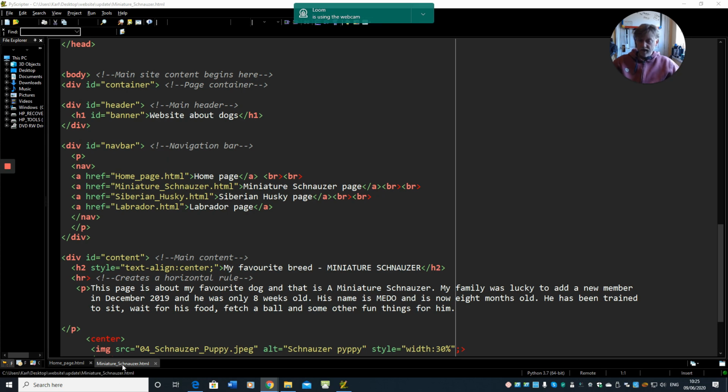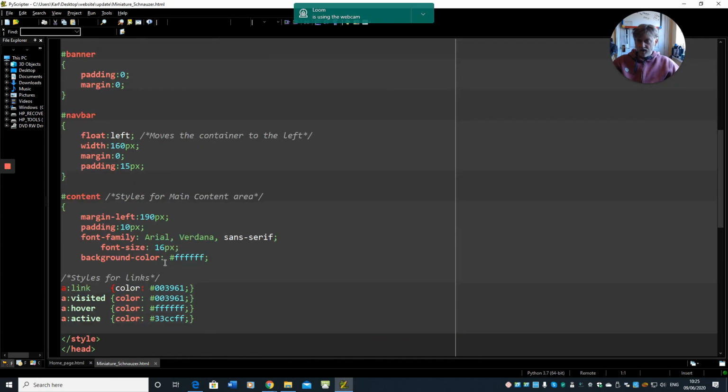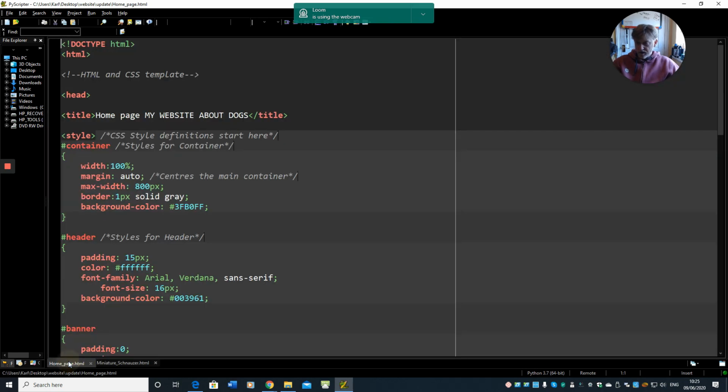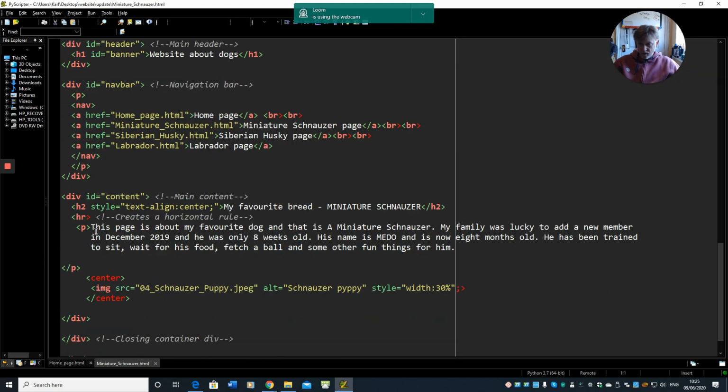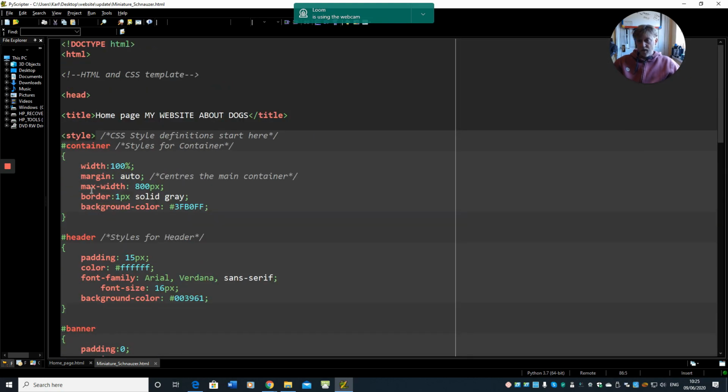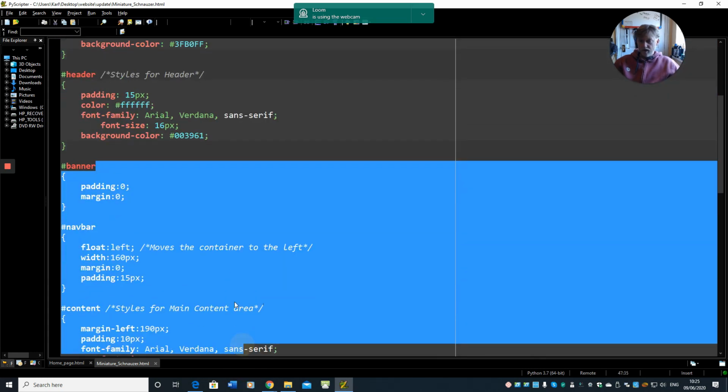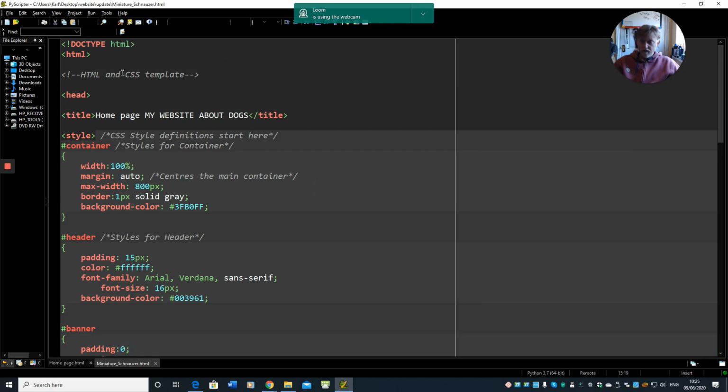And if we followed the link and looked at the miniature schnauzer one, we had the home one and we had the miniature schnauzer one. I'm on the miniature schnauzer page, and I can check that because when I go down the bottom it talks about that dog. Okay, so what I'm going to do now for my new page is copy everything that's on the page, and we're going to create a new HTML page. Okay, so the way you do it in PyScripter,